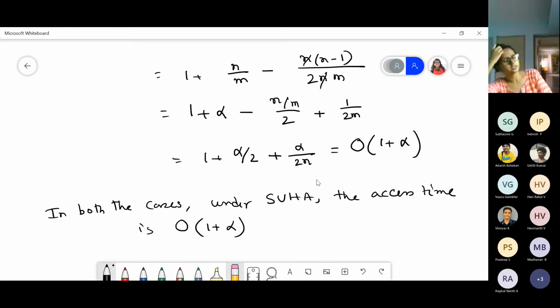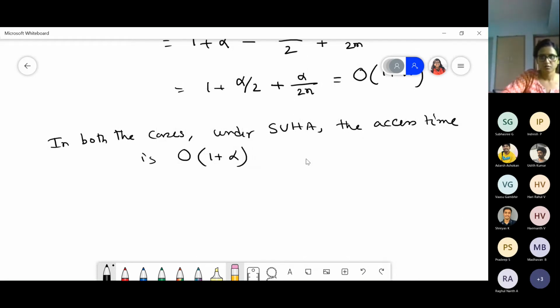So while you design the hash table, if you choose alpha properly, that is alpha is not too big, then you can clearly say that your access time for any kind of situation is going to be only constant. So this is about the simple uniform hashing assumption.